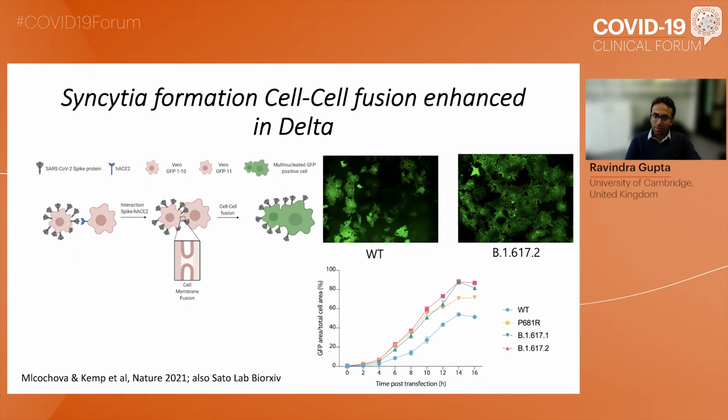fusing cells together. The y-axis shows the green fluorescent protein, which is a marker of fusion, and you can see over time the B617.1 is able to achieve higher rates of fusion and reaches higher overall levels of cell-to-cell fusion. And if you imagine, this is a method potentially for the virus to move from one cell to another to spread an infection without having to leave a cell, and therefore does not have to encounter neutralizing antibodies that are